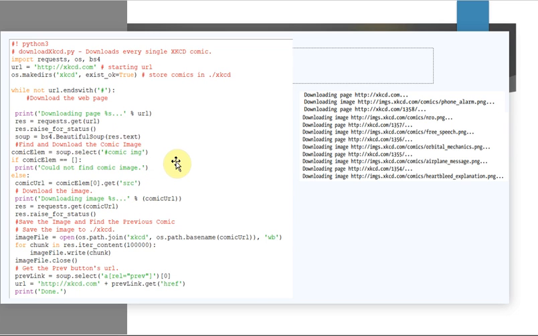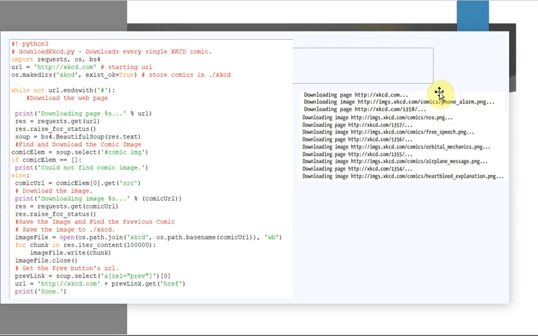If there is no matching, that is no comic image, if it is not matching the ID here, ID is comic, right, no matching means you will display an error message saying could not find comic image. Otherwise, you are going to get the source, and that comic URL you are passing to the get function of your requests module, and you're going to download.